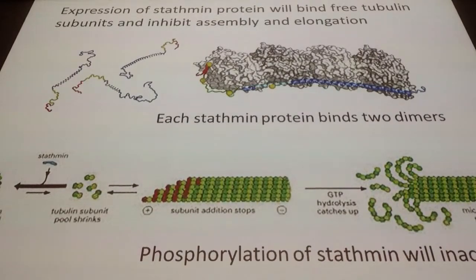So it's multiple steps, right? At first it's the fight between kinase and phosphatase, and then the comparison between phosphorylated and unphosphorylated stathmin, and then whether you have polymerization, all of which also involves how much alpha and beta tubulin